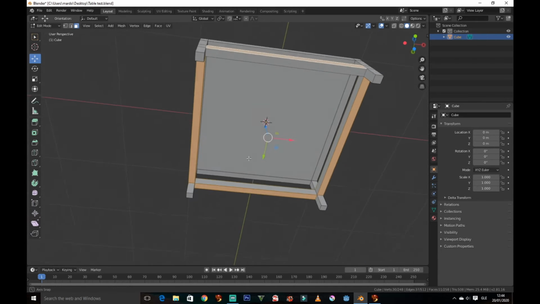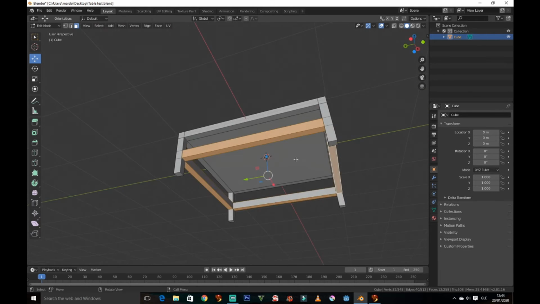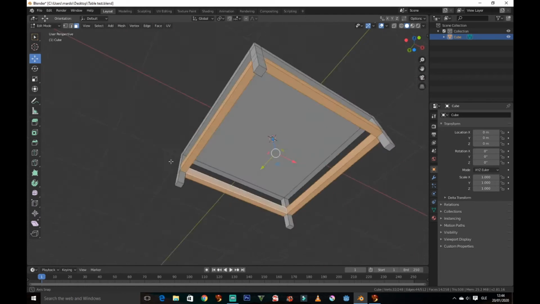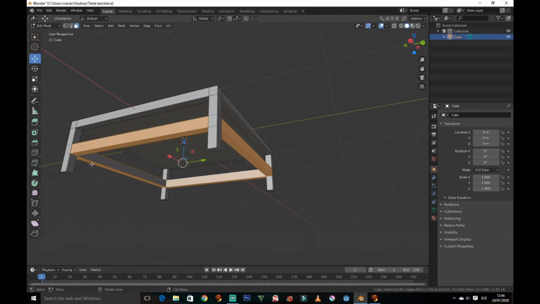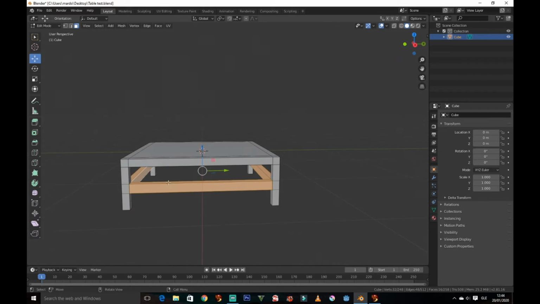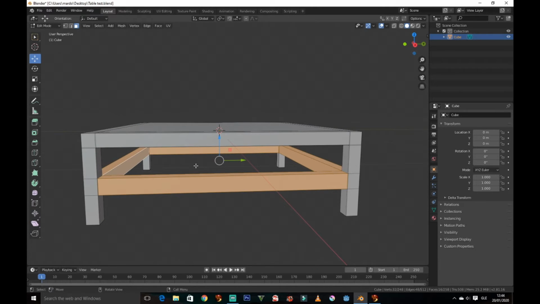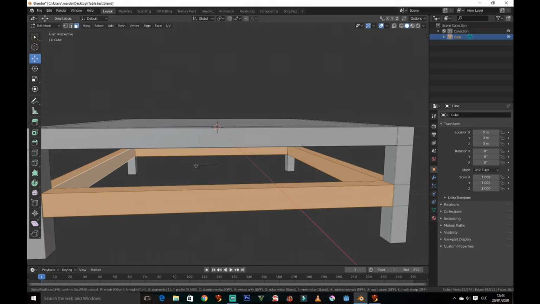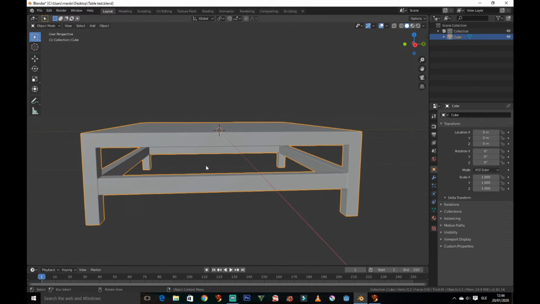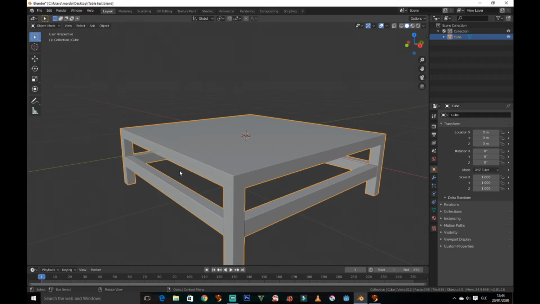This is the pain part of it, I apologize, but it seems Blender wanted to act up and wouldn't let me select the linked parts. Now I have them all selected, and now I can press Control B, and then hold shift on my keyboard, and I can give them a little bit of a bevel as well, just a small bit. Then I can press tab to go out of edit mode, and once I do, I can see that I have applied the bevel to the lower part of